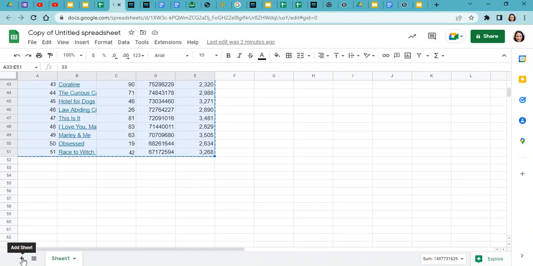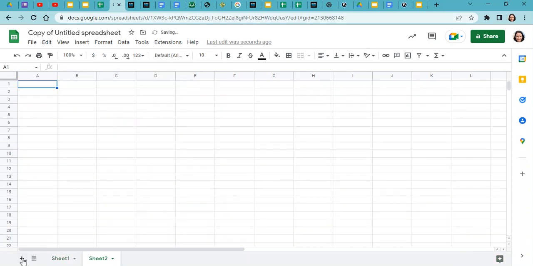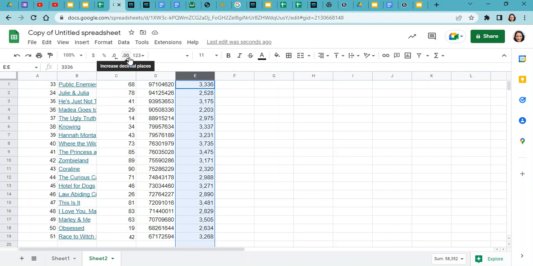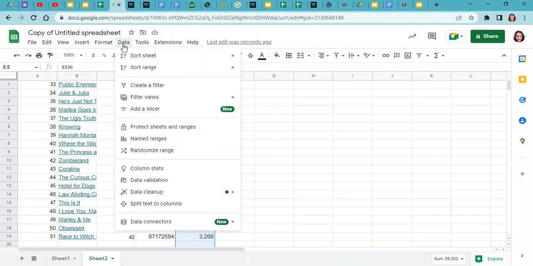And then down here, I'm going to add a sheet. And Control V, I'll paste them back in so that I can sort a little bit differently. Now I'm looking at the theater, so I want to know which ones had at least 3,500 theaters. And so to make this easy for myself, I'm going to sort by column E. So I highlighted column E, and I want to sort, let's see, here we go, sort the sheet by